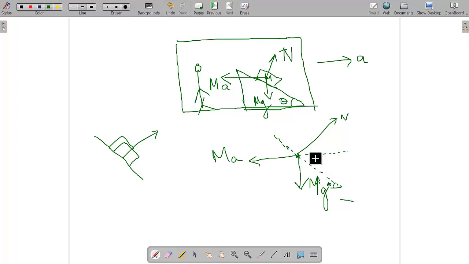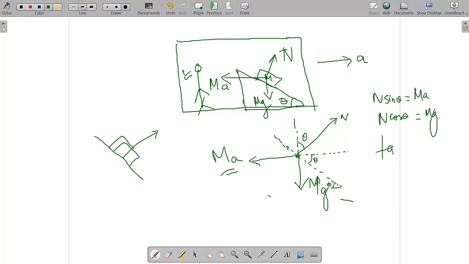Okay? So this is theta, which means this is 90 minus theta. So again, this is theta. Is it okay? So again, for this particular person, this body is at rest. So he has applied all the forces, he has applied the pseudo force also, so he can use Newton's law now. So again the same answer will come: n cos theta is equal to mg, and n sin theta is equal to m into a.